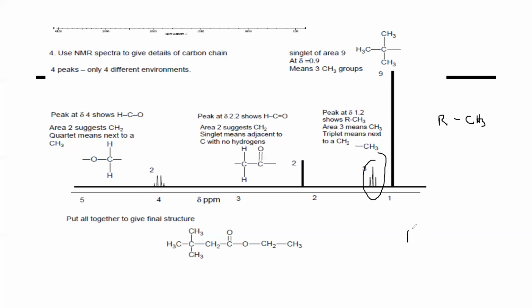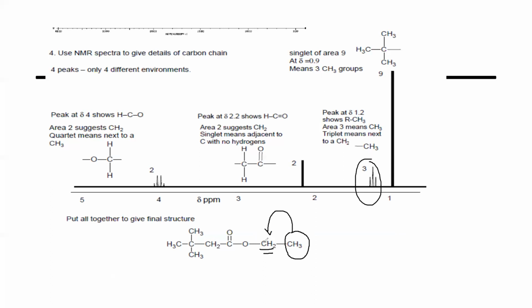Why? Because if the alkyl group is next to this, it's giving a triplet. Triplet means that the neighbor contains 2 hydrogen. So which one is this? Basically, this is an alkyl group, and next to that, it's giving a triplet. So this is a CH3 group, and next to that, it's giving a triplet, which shows that